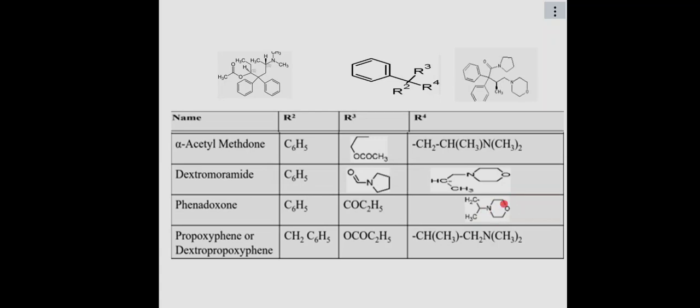It is only that now, here there is branching, and then this is a CH2, which is joined directly now to the quaternary carbon. So very, very close to the previous drug. Then we have the compound we call propoxyphene or dextropropoxyphene. This one, you look at it on its own because it has quite some difference. If you look at propoxyphene, one of the differences you can note, I hope,